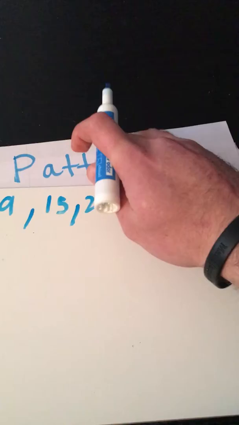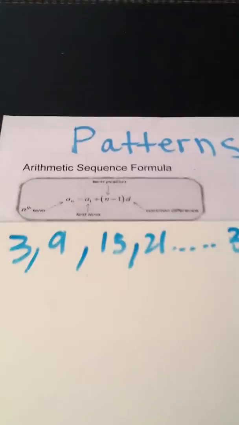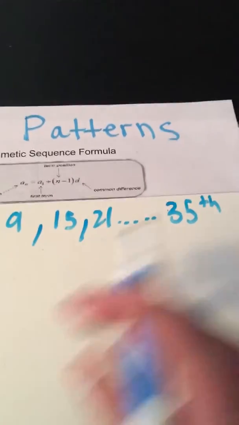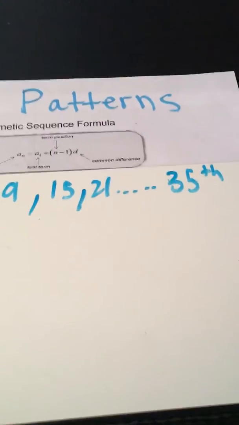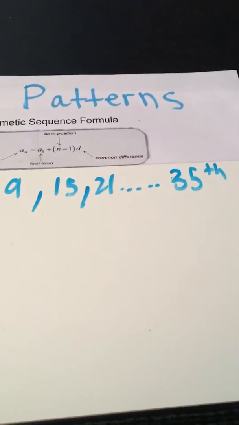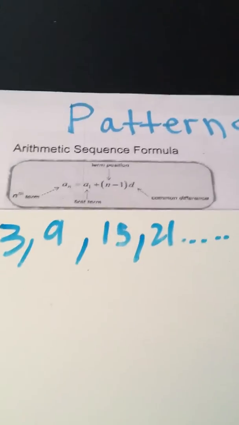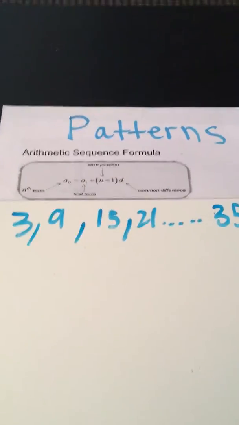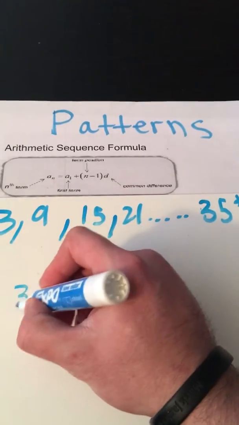So we're going to use the arithmetic sequence formula. So with this formula, if you take a good look at it, we're going to use this to find the 35th term. You can use this for anything you want to do when trying to find a specific term number. And so today we're going to use 35. So if you look at the formula, it has the nth term. So that means what we want to figure out. And in that case, it would be 35. So we're going to write down 35